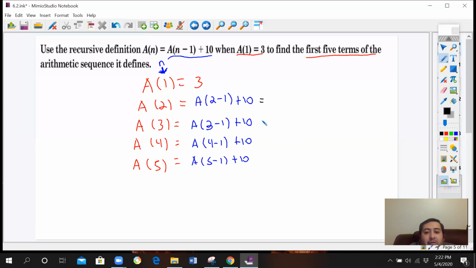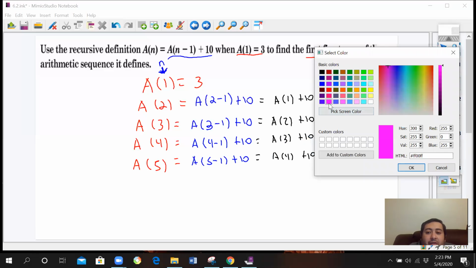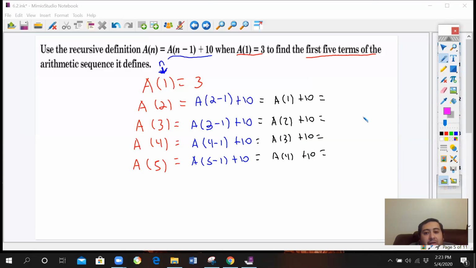All right, our next step. We have a 2 minus 1 is 1 plus 10. This is 2 plus 10. This is 3 plus 10. This is 4 plus 10. Let me choose a different color. All right, so your A1 is already giving us a value of 3